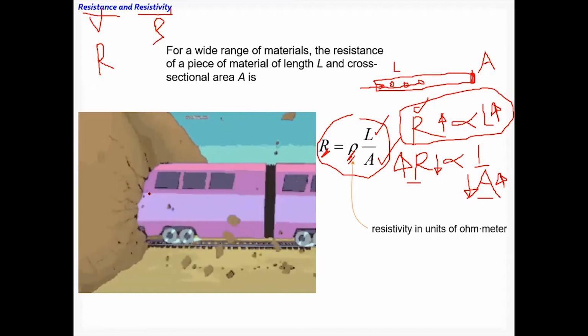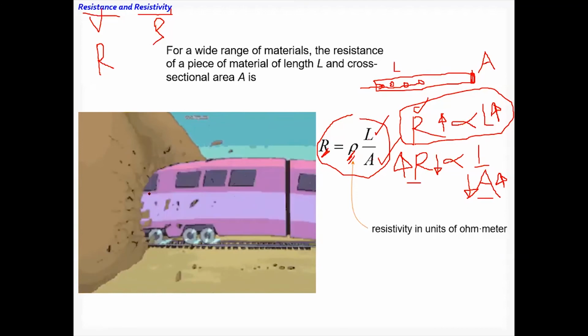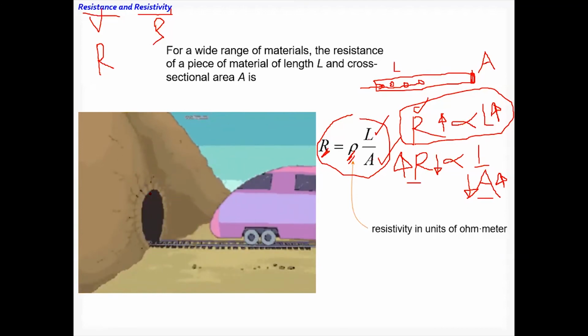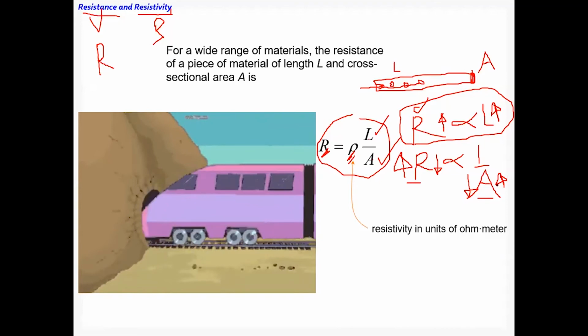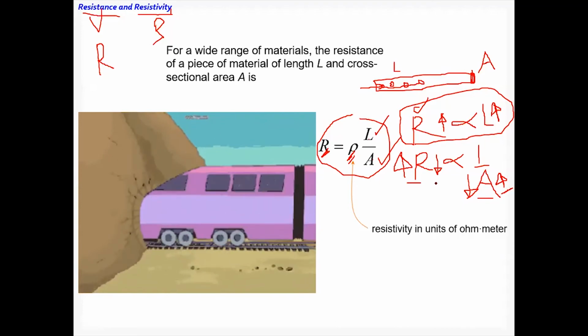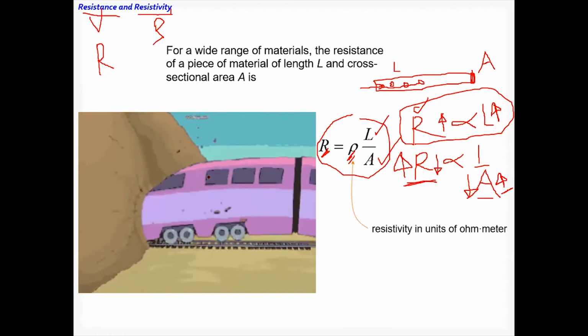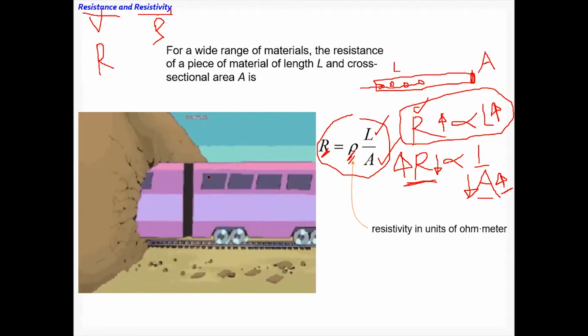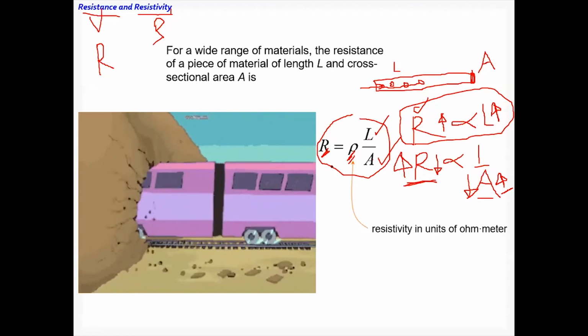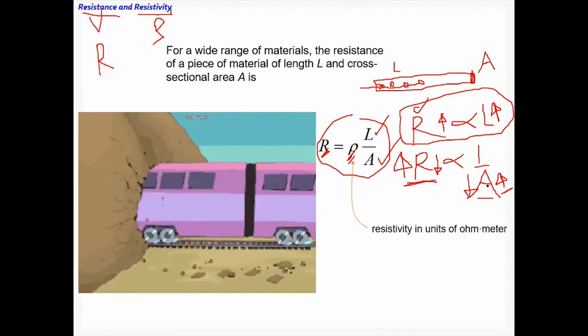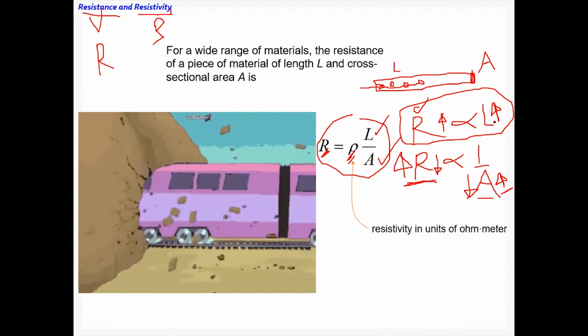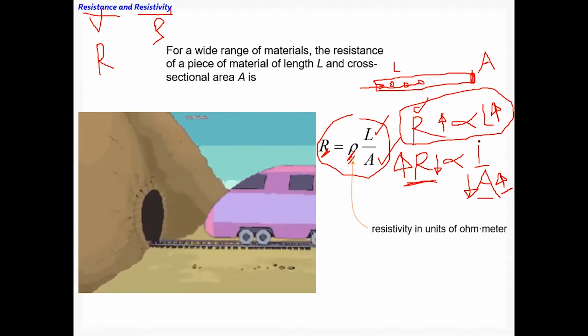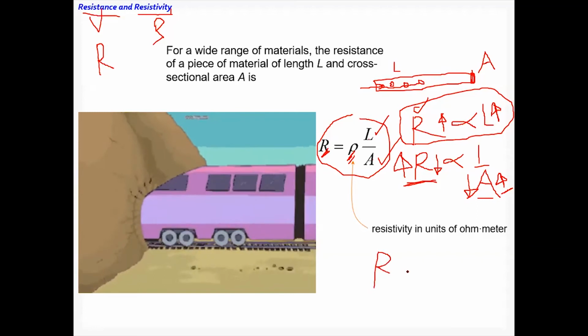But in the second trial, it breaks open the hole, right? And now the hole is bigger, meaning the area is bigger. When the area is bigger, there is less resistance. That's why this guy can pass through. The same thing happens in the case of current also. So that's why R is inversely proportional to area. R is directly proportional to length. Now, if you combine these two, what do you get? You get R proportional to L over A.